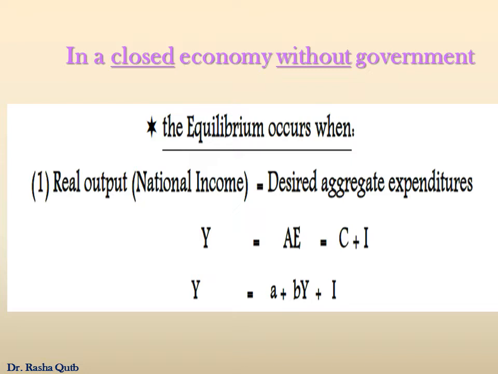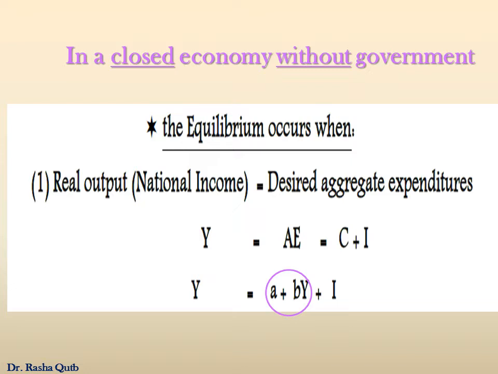Concerning investment expenditures, we consider this variable as exogenous or autonomous, so it is a given number, while consumption is represented by a function, a plus bY. A represents the autonomous consumption, or we call it wealth. It is a part of consumption that does not relate to the level of income. It is the intercept of the function, while b is the slope. It is a part of consumption that is related to the level of income. We call it